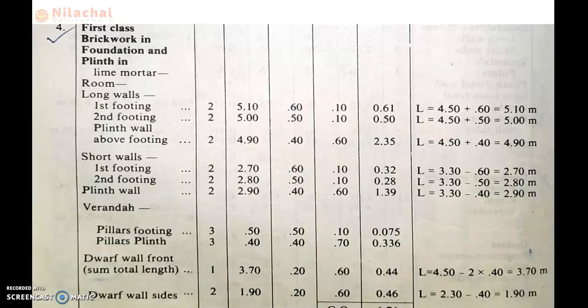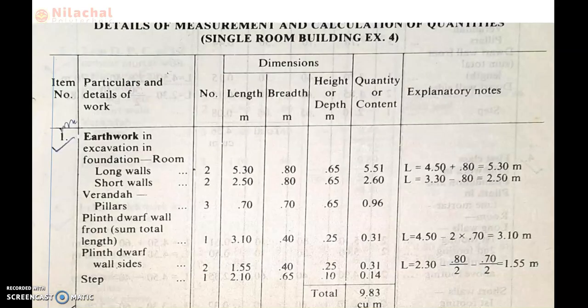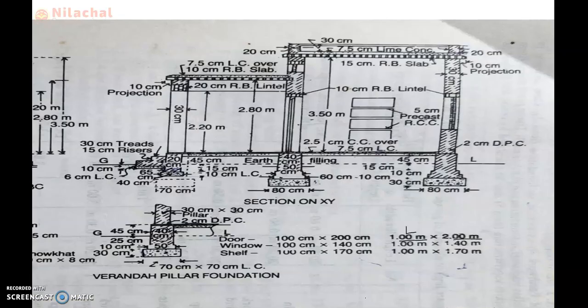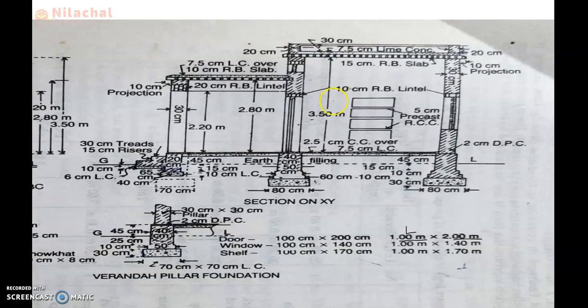So you need to check in the diagram what is the length, what is the breadth and what is the height of the superstructure. So here the superstructure is given, it is a superstructure part, right? In the superstructure, the height is given here as 3.50 meter,